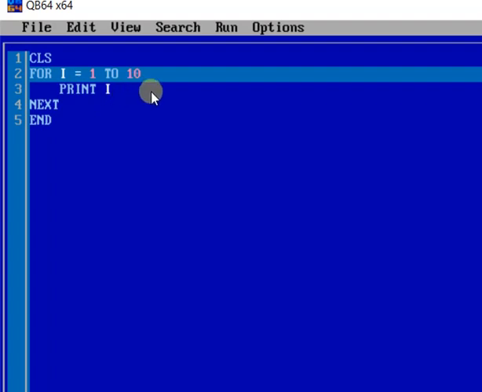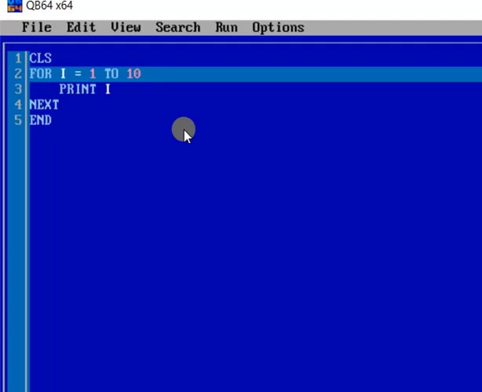So it may be increased by 1 or decreased by 1. But generally we consider the increment as 1. For that reason, by default the step is 1. If we use this step statement along with for, then it becomes a step loop. But if the step is only 1, then it is a continuous loop. So we don't give step 1 because it is taken by default, and it is known as a continuous loop.